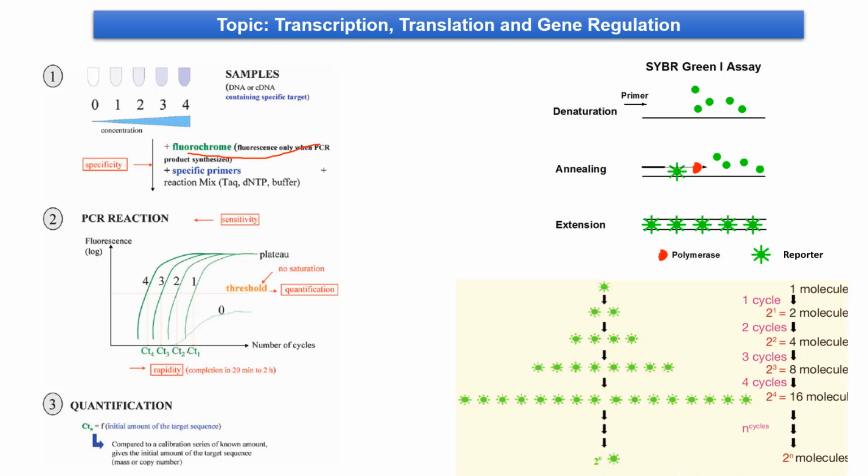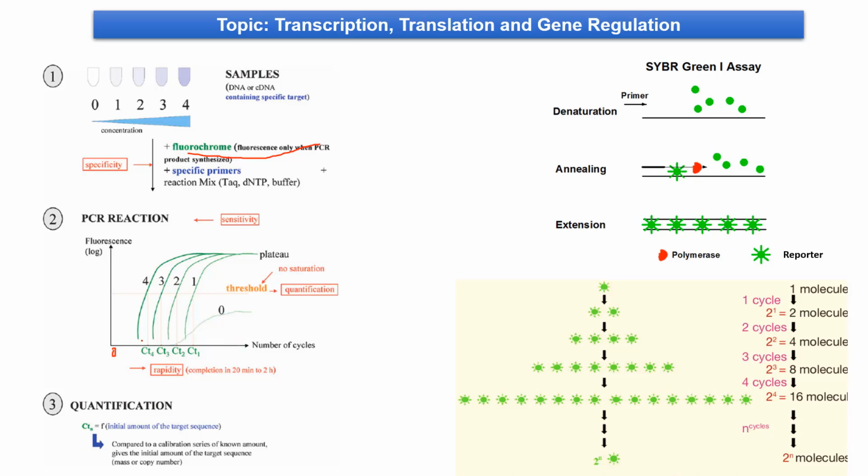So in this case, you see there are four different samples, and there are four different CT values. What are CT values? They are the cycle number. So what will happen is, here you can see that CT4 is the first one to cross the threshold value. It can cross the threshold value at earlier cycles. The cycles start with 0, then 1, 2, 3, 4, and it goes on in increasing